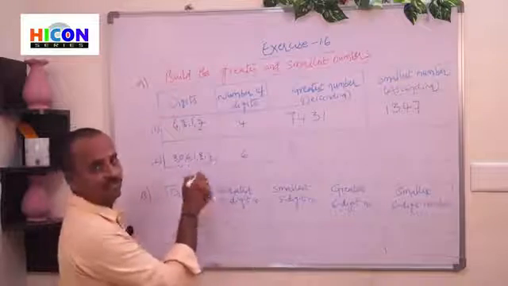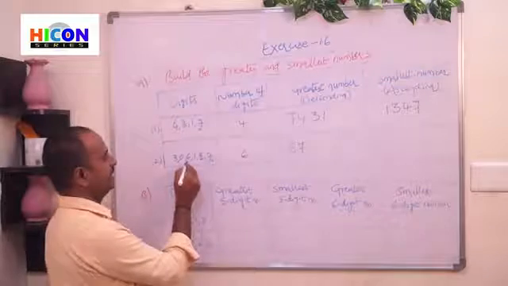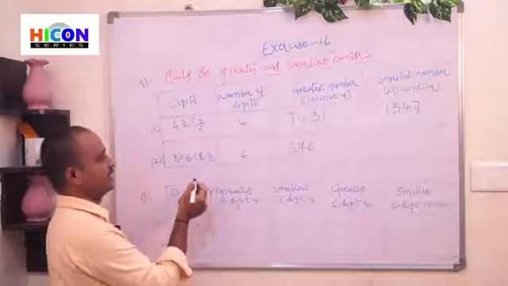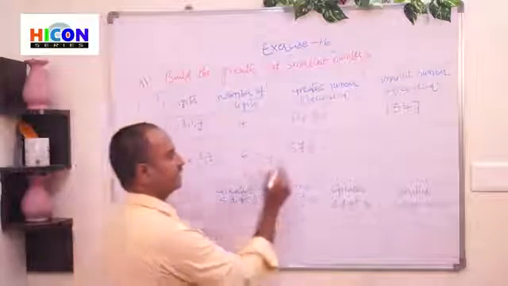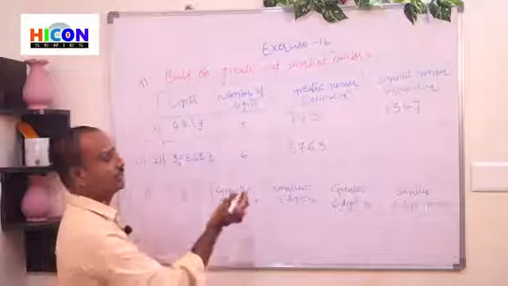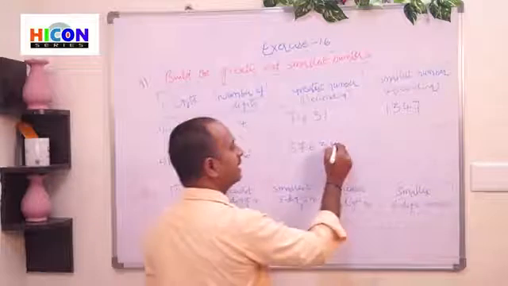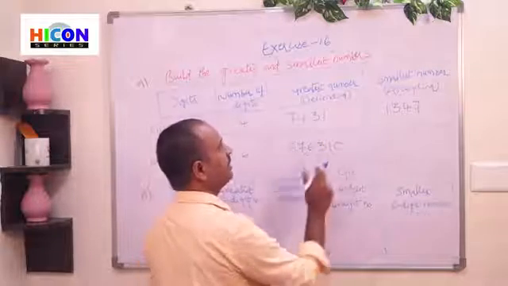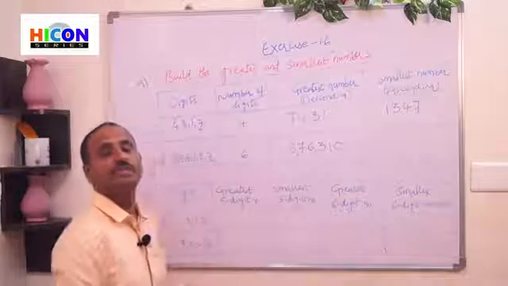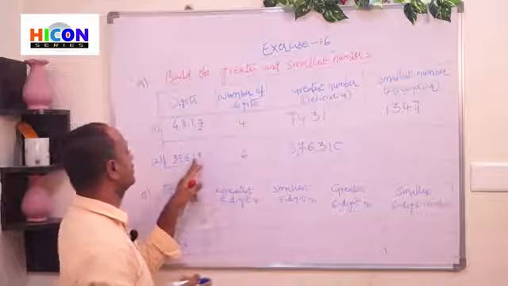Next, which one is the greatest after 8? After 8, 7 is the greatest. So write 7 after 8. After 7, 6 is the greatest. So write 6 after 7. After 6, 3 is the greatest. So write 3 after 6. After 3, 1 is the greatest. So write 1 after 3. Next, 0 is remaining. So write the remaining digit in the last. So children, this is the greatest 6-digit number, that is 8,76,310.